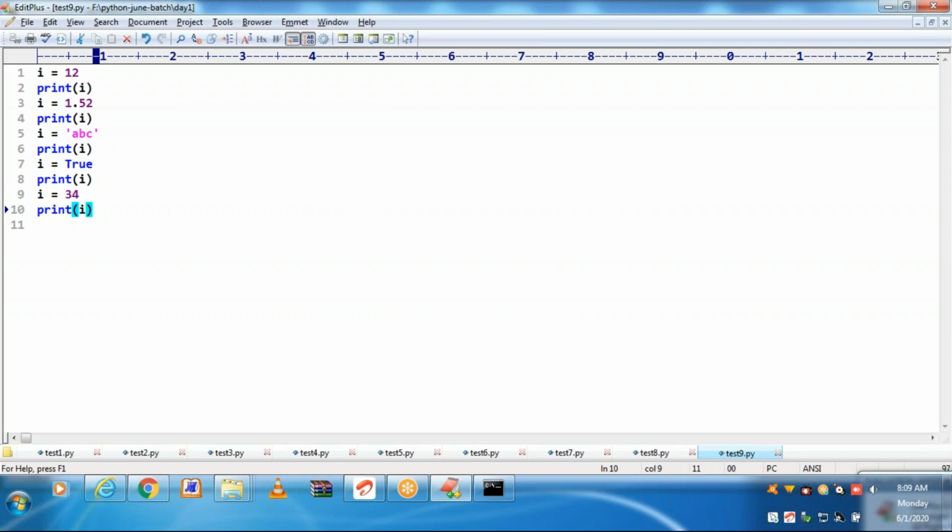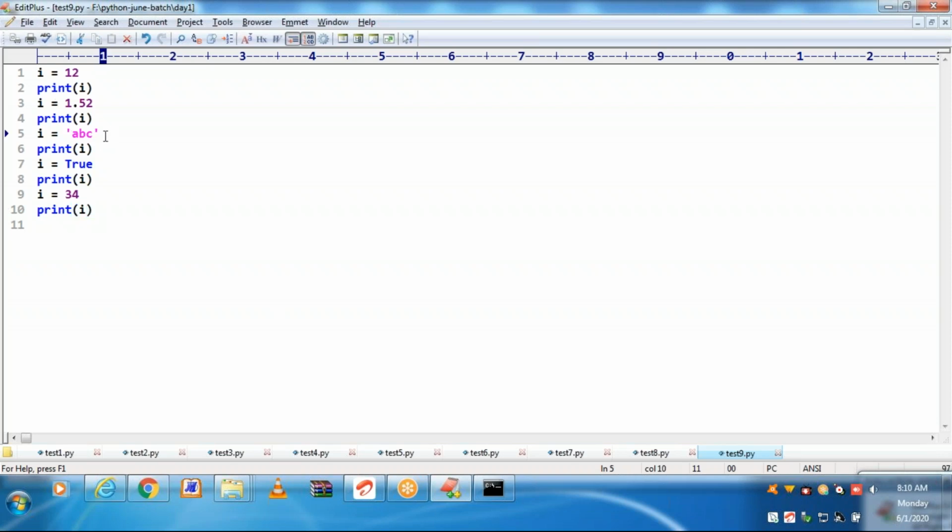Please observe, the data type is changing dynamically internally. While assigning 12 to I, the data type is int. Whenever you are assigning 1.52 to I, the data type dynamically changes from int to float.